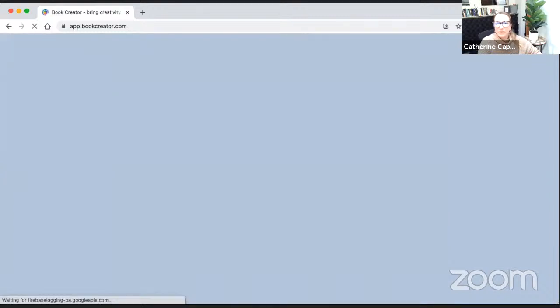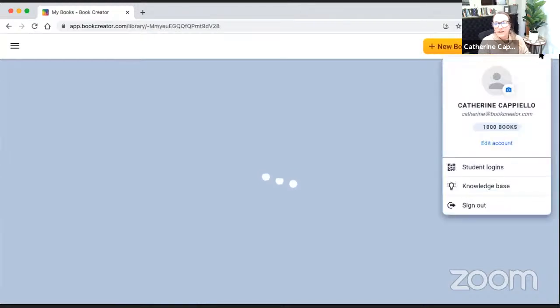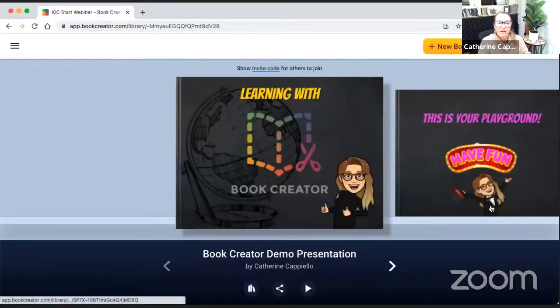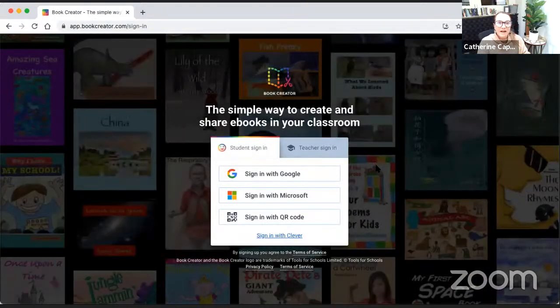But just like we were talking about earlier, you have premium access through the end of December. So you're going to want to take advantage of this. This is the site that you're going to log in, and also your students are going to log in at this site as well. The free version, normally you have access to 40 books and 1 library, but since you have the premium version right now, you have access to 1,000 books and unlimited libraries in addition to premium features that I'm going to show you today. So take advantage of it through the end of December.